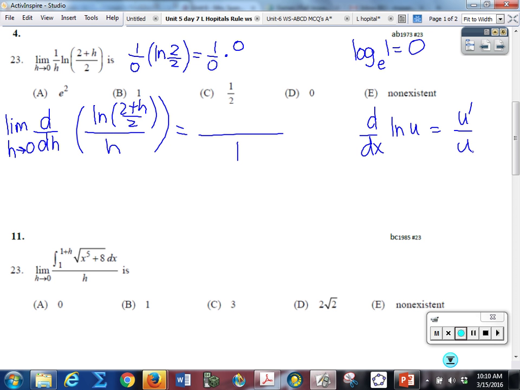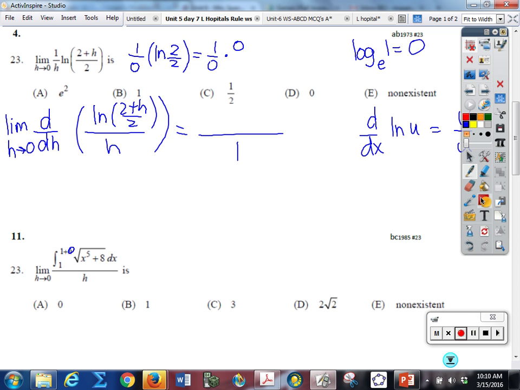The other one, this one, you plug in 0. If I plug in 0 right here, it's the integral from 1 to 1, which is just 0. So this one, you're going to have to do the same thing. So try this for just a second, everyone. Practice this one too after you finish this one. But remember that when you do the derivative of the